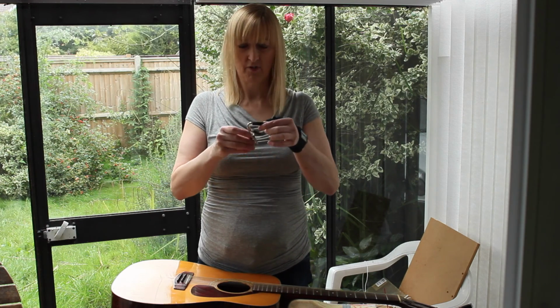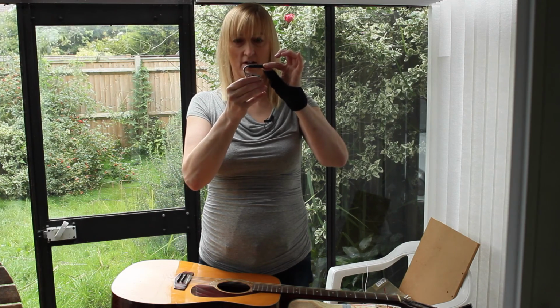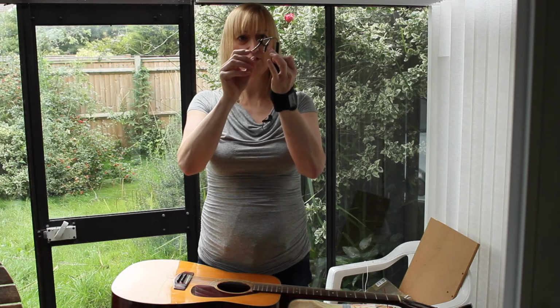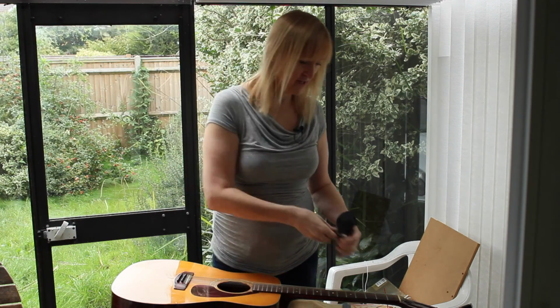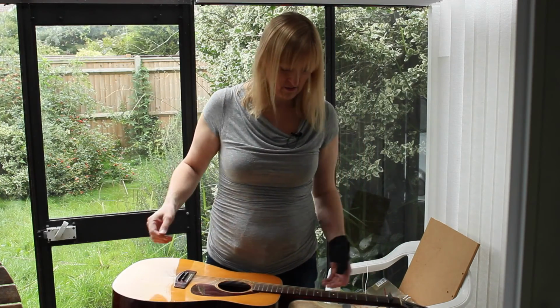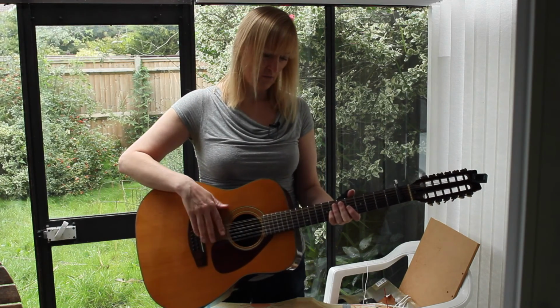By the way, Shubb capos, they're wonderful little things. Miracle of engineering, eccentric cam system that locks onto a neck in such an elegant way. Absolutely brilliant. Normally I wouldn't bother with a capo checking the relief, but I've got to do this one-handed. So